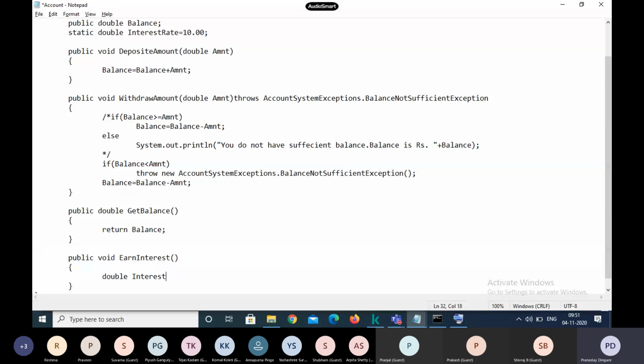Interest on. So the logic is again the same. I mean it's simple. Interest earned is equal to... So how do we calculate the interest? Whatever the balance we have, balance into the rate